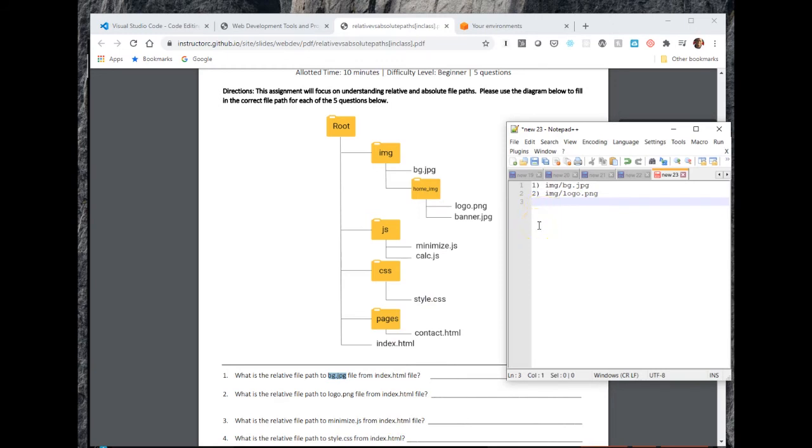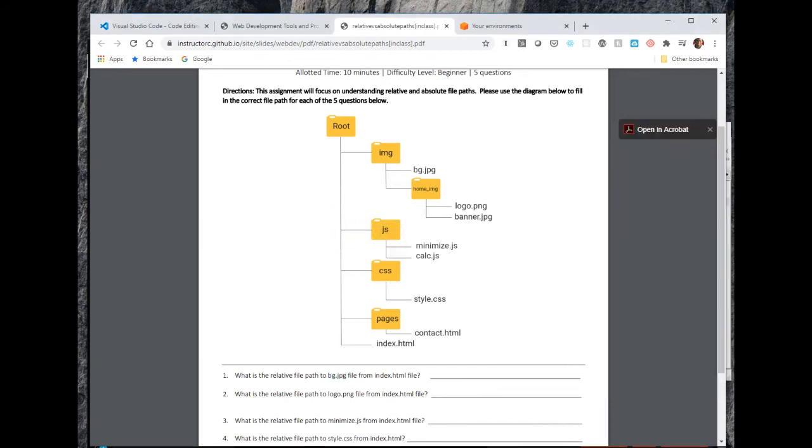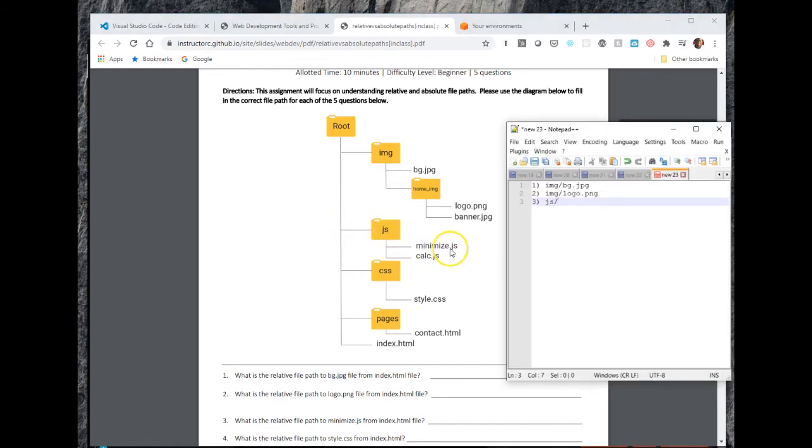Like I said, these are pretty straightforward. So here from index.html, we're going to say JS, right? And I'll just use my mouse here and trace it out. There's the JS folder, and then we get to minimize.js. Number 4,